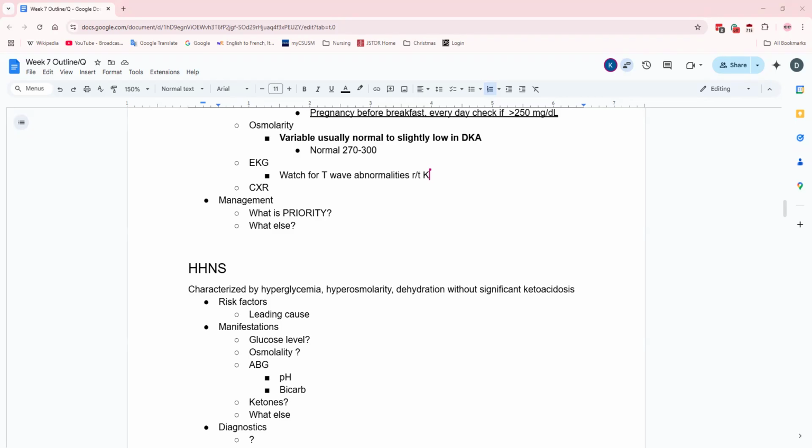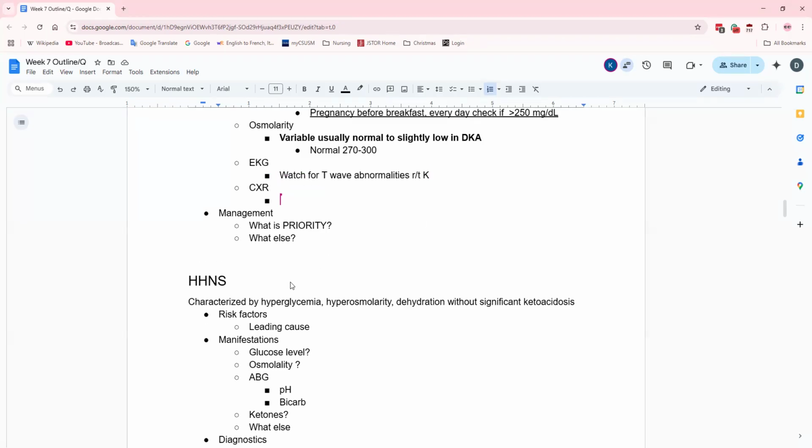You could be high and then we push a whole bunch of insulin in there and we drop it out. So yeah, flattened T waves is hypokalemia and the peaked T waves is hyper. So if it's high, it's hyper. If it's flat and low, it's hypo. Makes sense to me. That one actually correlates, thank God. And then your chest x-ray is literally just to rule out any cardiopulmonary cause or anything going on in that aspect. They just throw that in for funsies.